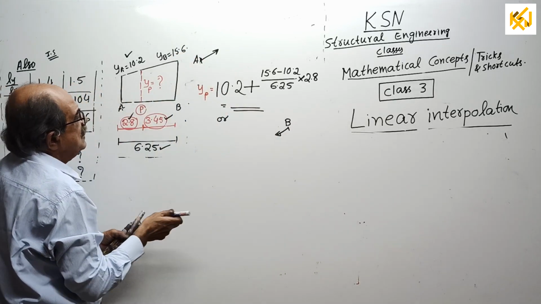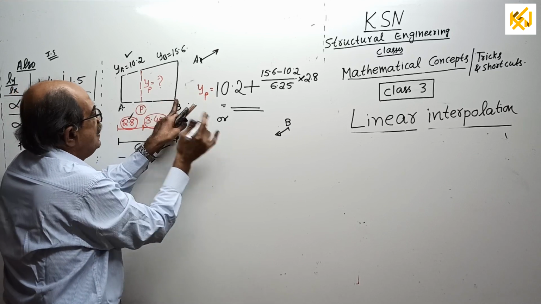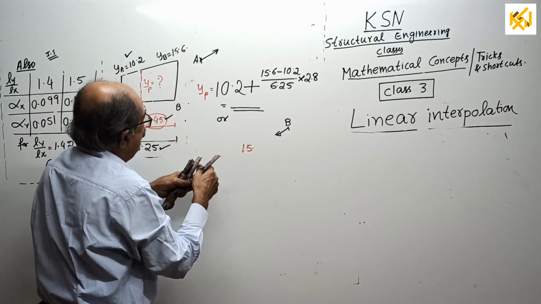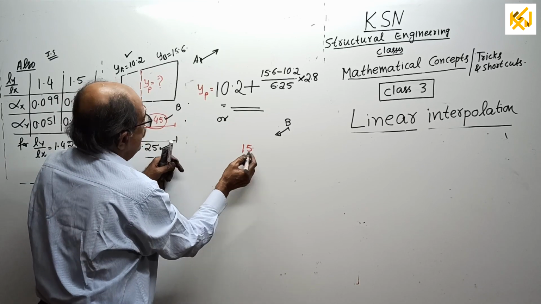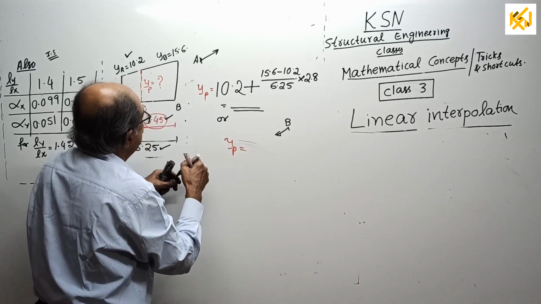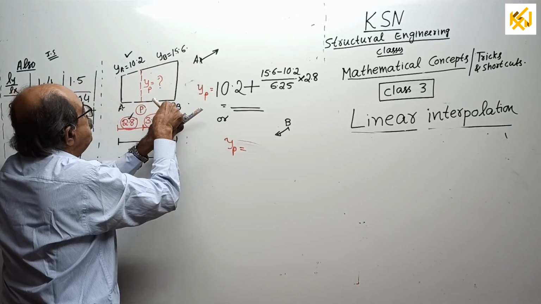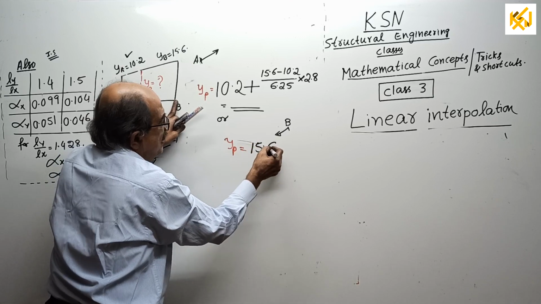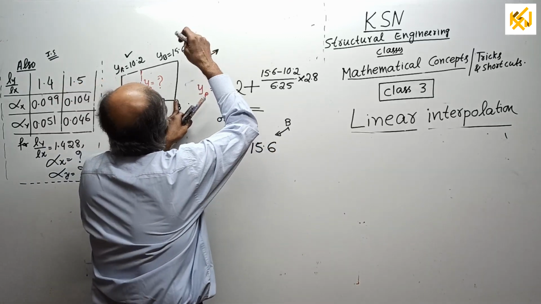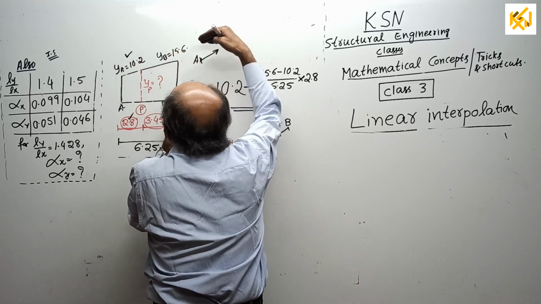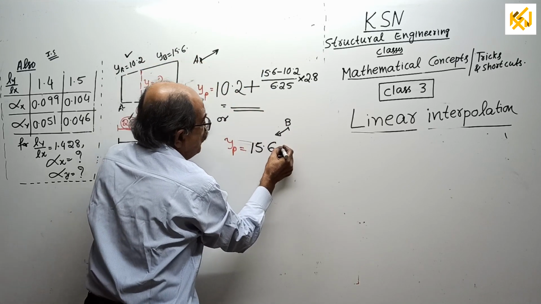Then the answer is, put your finger at B. Answer 15.6. Oh, red color is not required. I will put black color only. Then your YP should be red color. Then YP equals, see, if you are coming from that side, put the finger here. 15.6 is the important number. I will ask my students, if you go from this side, is it decreasing or increasing? Sir, decreasing. Then what you have to do? So subtract. Okay, subtract, minus.